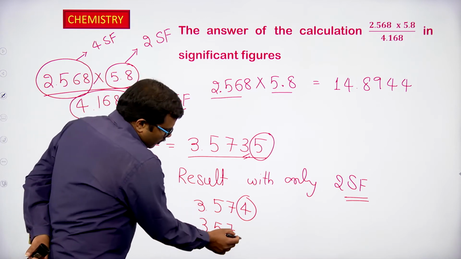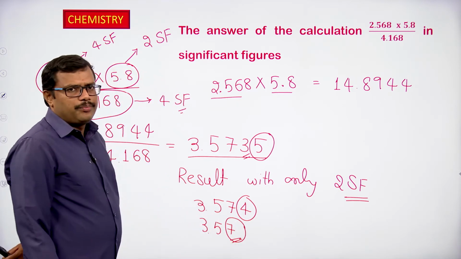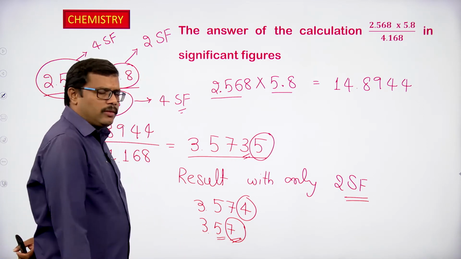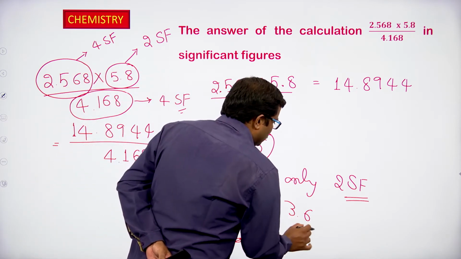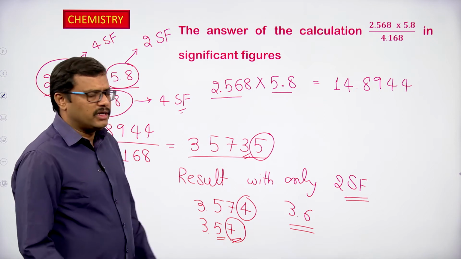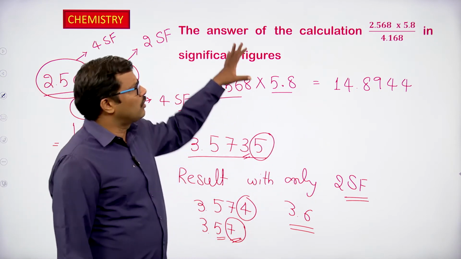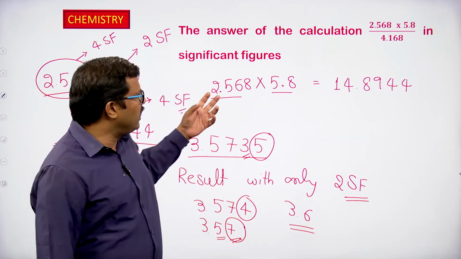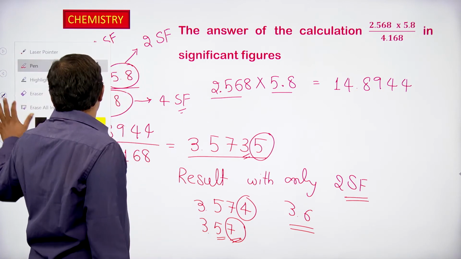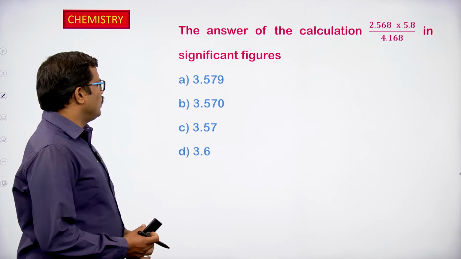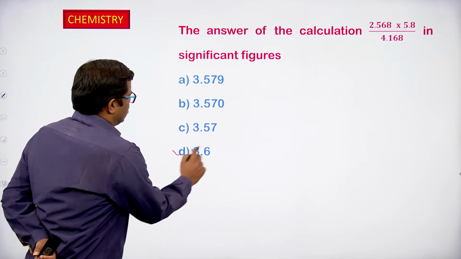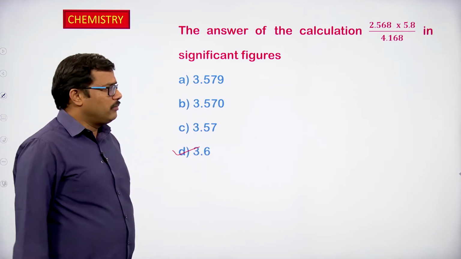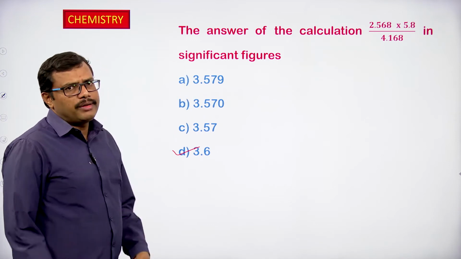Okay. And now, the last digit to be removed is 7. 7 is greater than 5. In that case, what I have to do? I have to increase the preceding number by 1. So, the answer should be 3.6. So, 3.6 has how many significant figures? It has only 2 significant figures. So, directly looking at the digits and the number of significant figures available in those numbers, we can also predict the answer's number of significant figures. So, in this case we can directly take the value as 3.6. So, 3.6 can be taken as the value in order to express the result having the least number of significant figures.